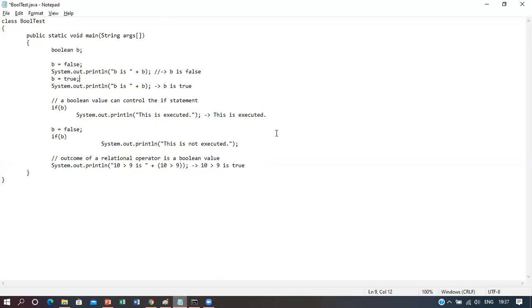And let us see what is the output of this program. So we have compiled the program and there are no errors.